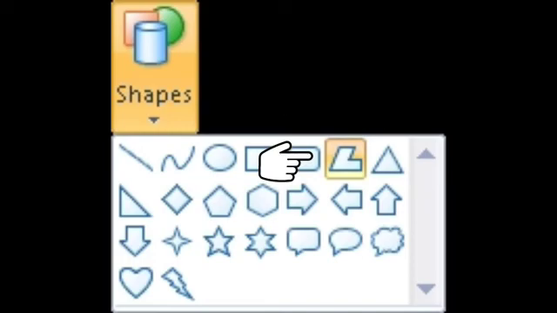To draw a polygon, you have to first click on the polygon shape in the shapes group, then move the mouse pointer to the drawing area. The mouse changes to a cross. Choose a color for the polygon outline. To keep your line straight, remember to hold down the Shift key as you draw your lines. Drag the mouse pointer and click at each corner. Keep clicking the end points until you want the last line to finish the shape. Double click when you are done. Okay, in this way you can use the polygon tool to make your own customized shape.